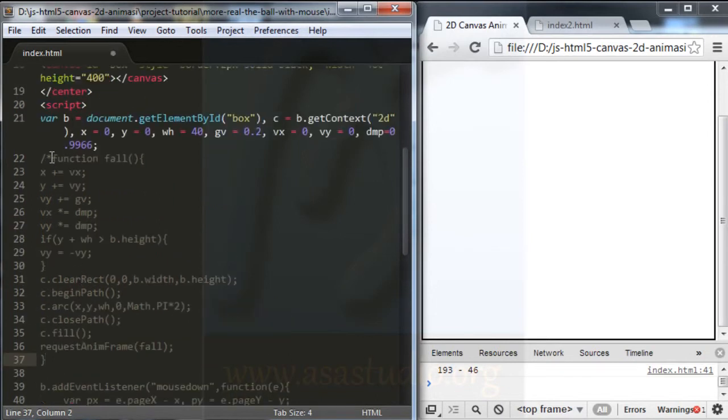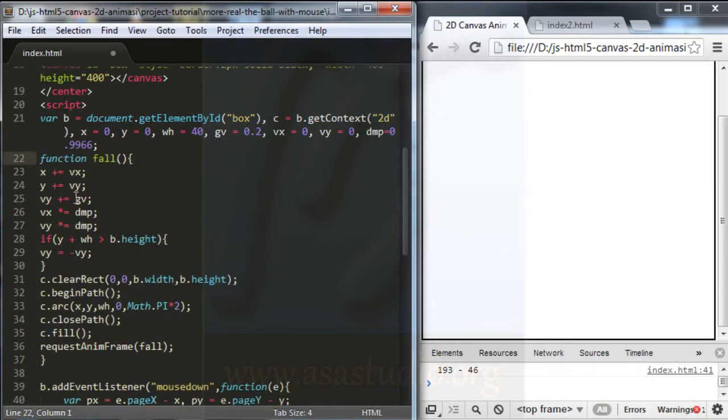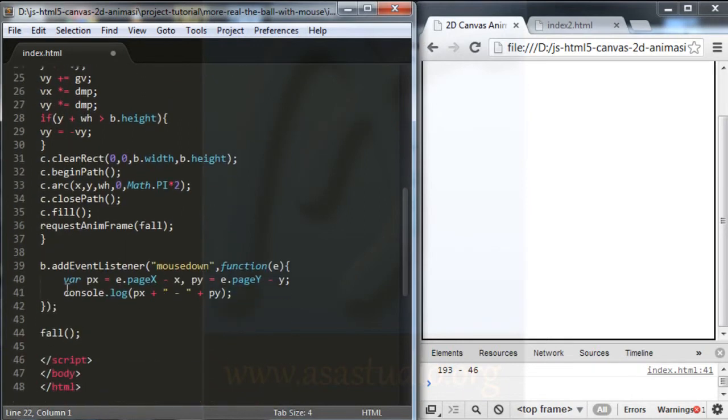I delete my comment on my for function, and I deactivate the console, and I add a value of vx and vy. I need to change here, and I add vx plus equal,